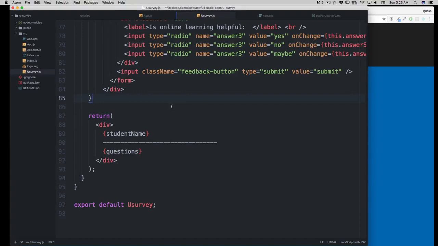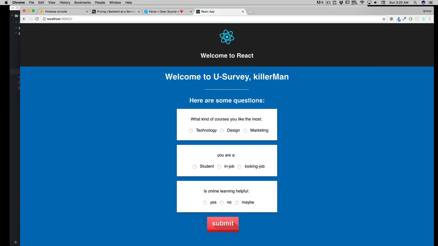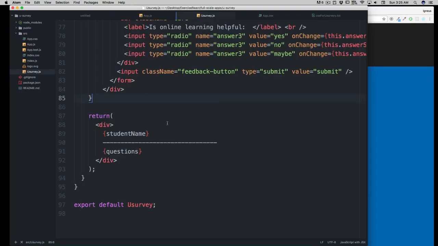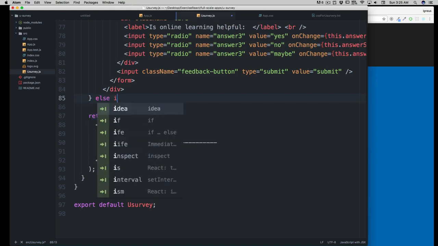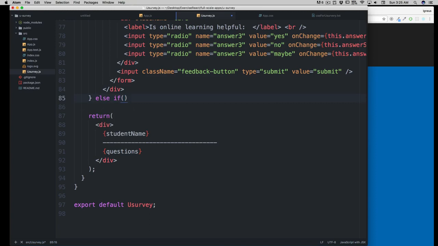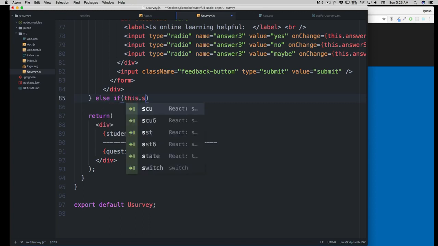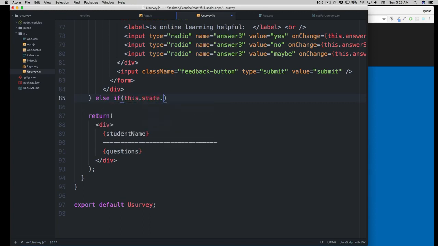Okay, so let's work on our final else condition, when the question is saved and the user has actually submitted the question. We just want to give it a thank you response. So I'll be working on a very lazy condition. You should have checked more thoroughly, but I'll just say in this case this.state.isSubmitted